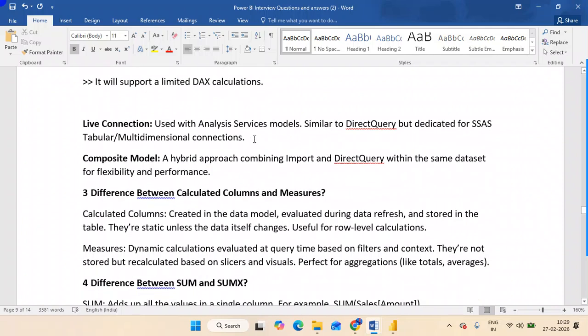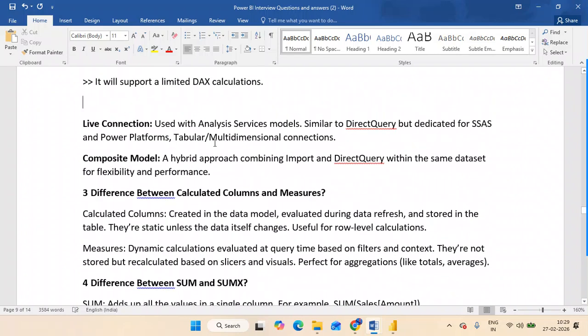So what about live connection? Live connection, you already know that. We just connect, which is similar to DirectQuery mode, but dedicated to SSAS, and not only SSAS, also power platforms, or tabular or multi-dimensional connections.